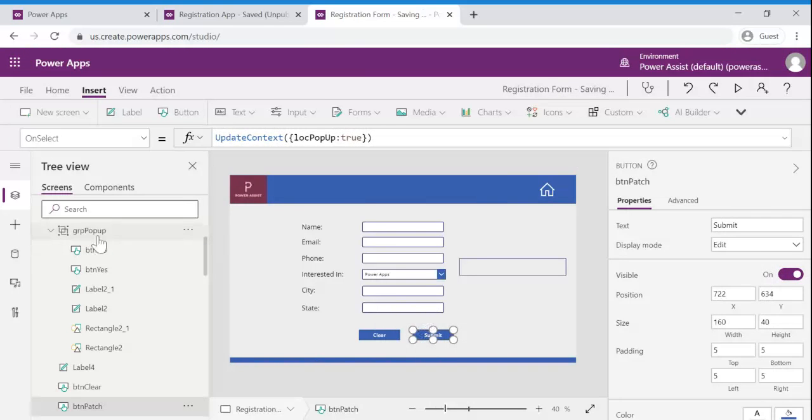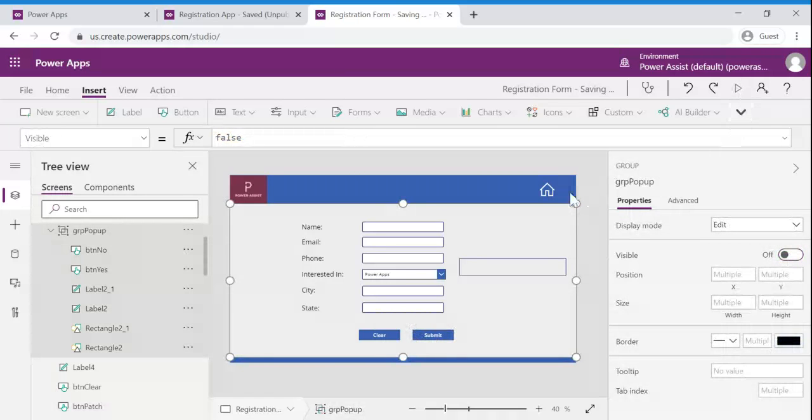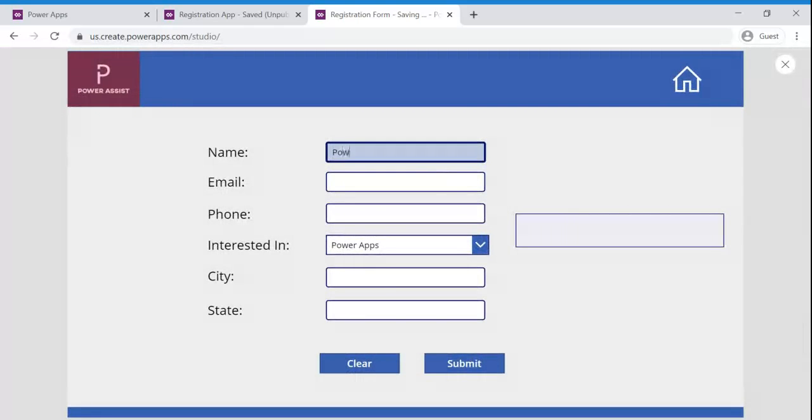Now let us see how it works. Let us say I am the user who is filling this form. Before making sure the user wants to proceed to submit the record or not, we are going to show the pop-up now. When I click on submit, the pop-up should come.